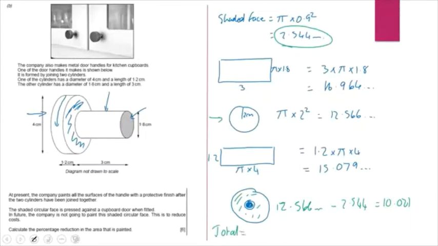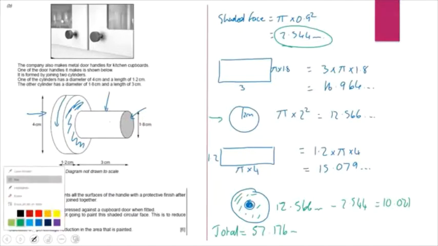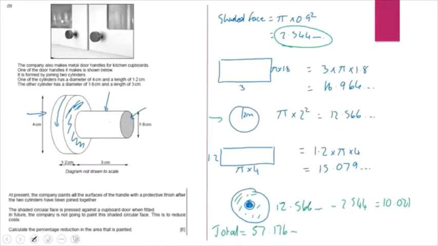So the total would include the 2.544 at the top because it's what it was before, and the total would be 57.176 and a bit more. Now we've not been asked that, we've been asked to calculate percentage reduction. So it did originally take us just over 57 centimeters squared here, but it was reduced by not painting